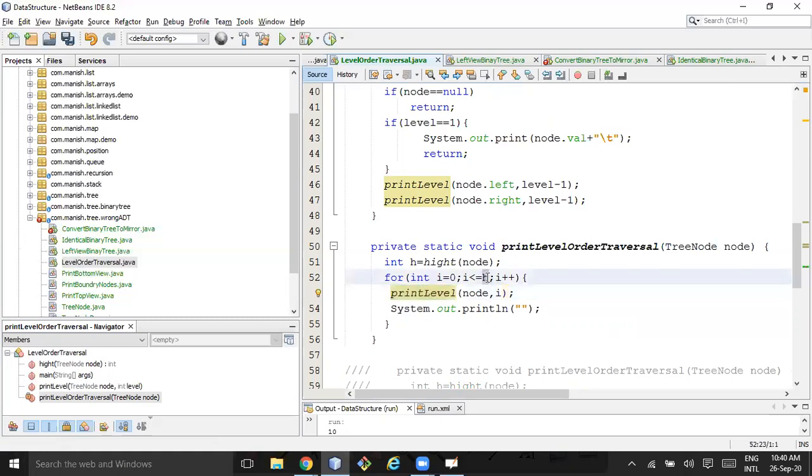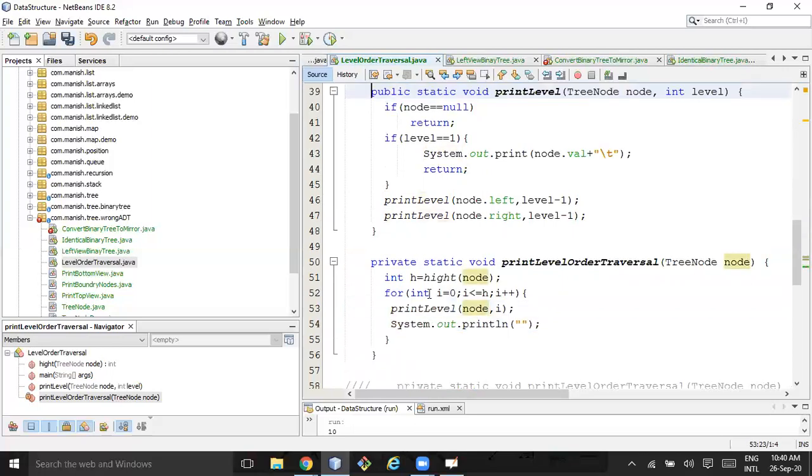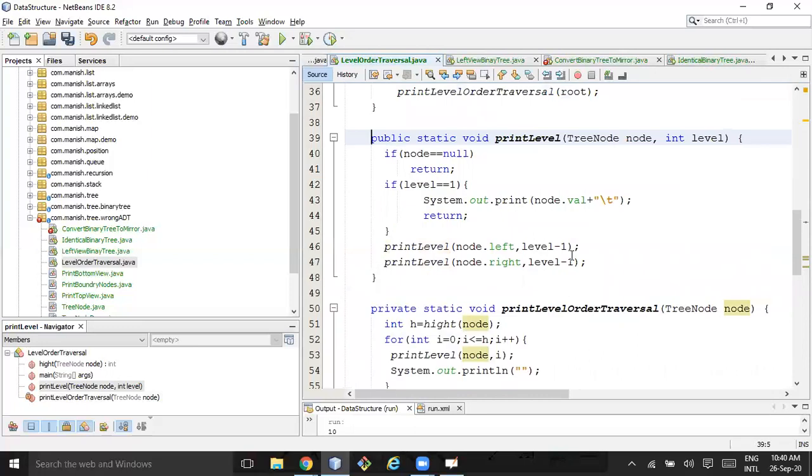If h is 5, then it will be called 5 times, passing i equal to 0, 1, 2, 3, 4, 5, something like that. So this is the function we need to call again and again. Once one level is printed, I just need one new line, that's why I'm writing this statement. This is the main function where the things are.